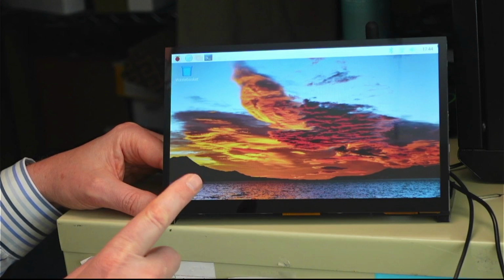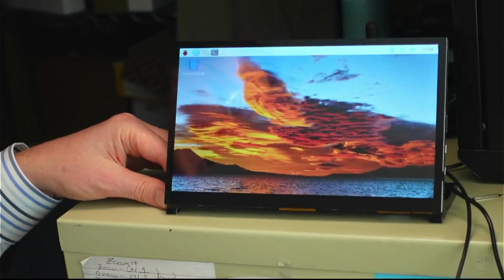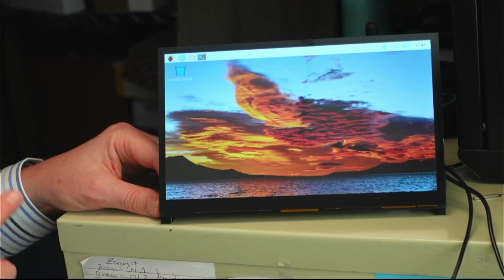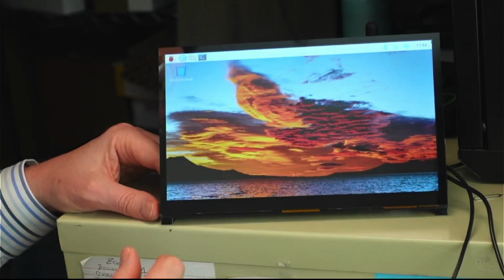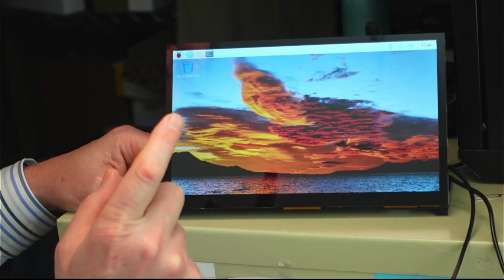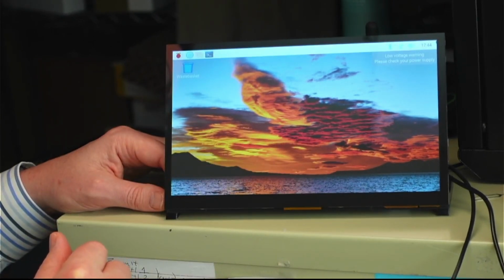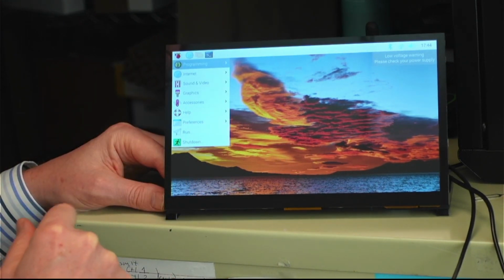It's all updated, and so you can't really tell, but this is a very shiny screen. You can see there's my face. So we have it turned sideways so we don't get quite so much reflection. The screen is actually beautiful. Definitely an IPS screen. And so the thing that I wanted to check out was how sensitive the touchscreen is, because I had a smaller Raspberry Pi touchscreen which was not very sensitive at all. And here, if we just do that,